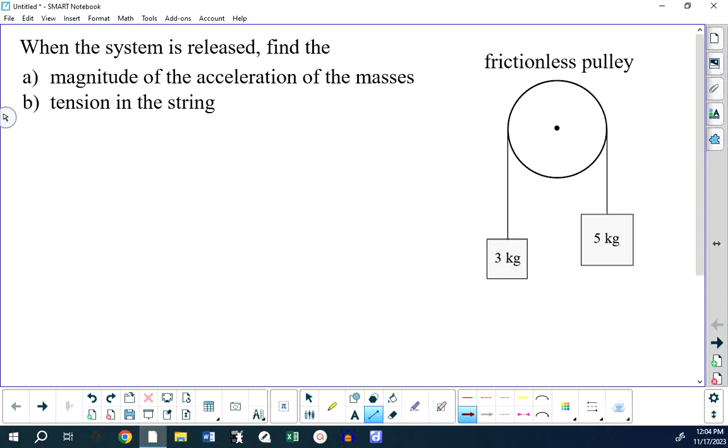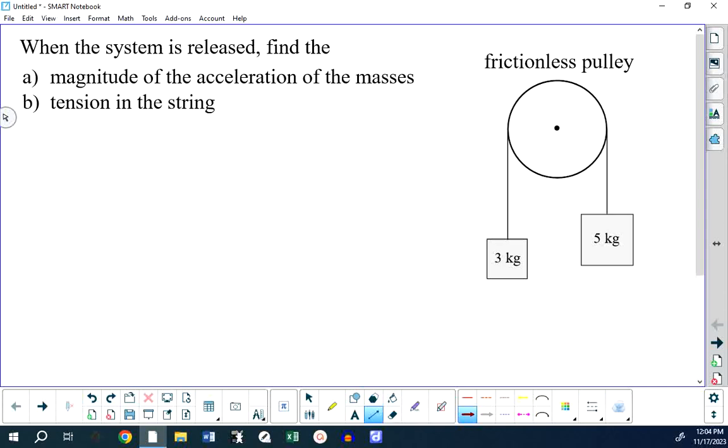And the first question, which is a classic kind of question in Physics 20, is if I release them from this state, what will the acceleration of the masses be? And then the second question is a little more nuanced, I suppose. We're asked to find the tension in the string. So to begin with, for question A, if you want to determine the acceleration of the masses, then you need